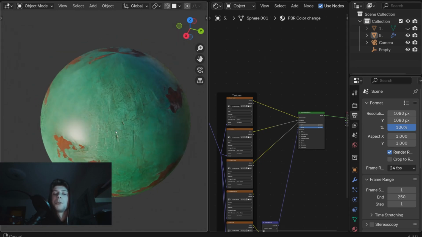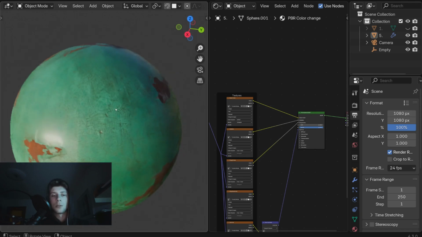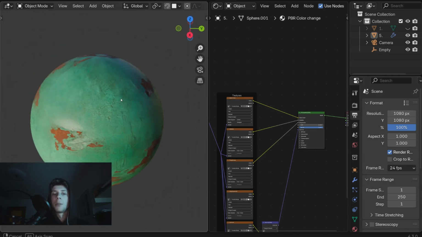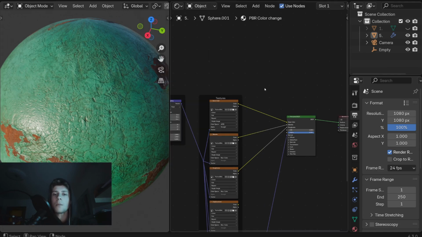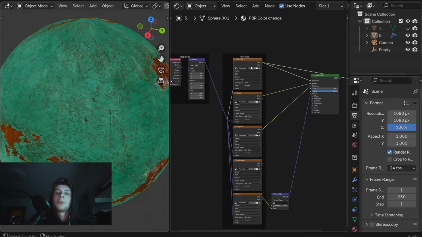So let's say you have a material on your 3D model and you want to change the color of the base material. Right now, as you can see, I have a sphere and I have a painted metal applied on it. And let's say I would like to change this paint color to red. Now you can see that we don't really have the option to change the color directly because the material is